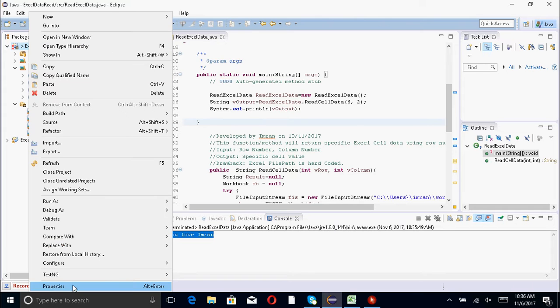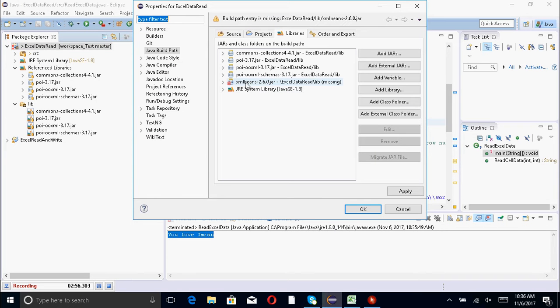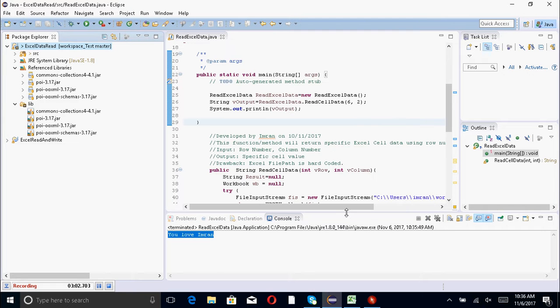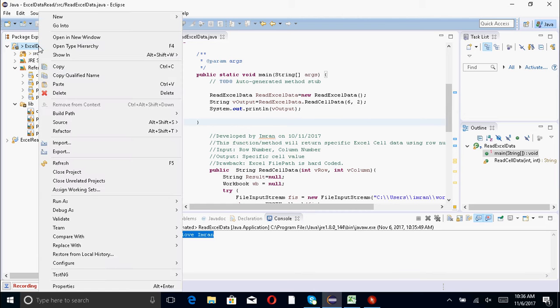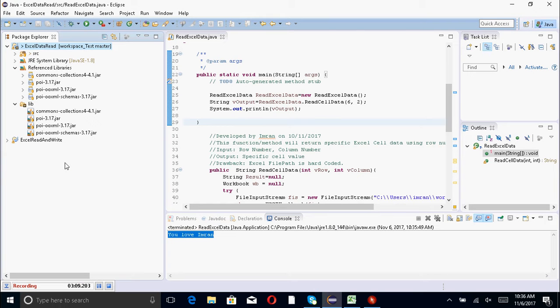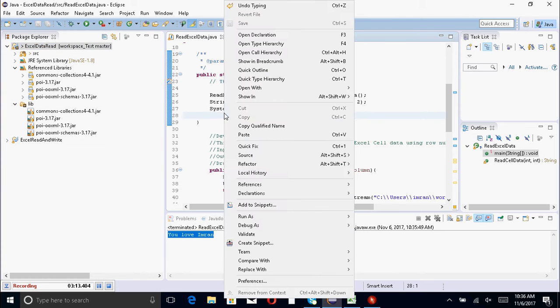So I will also remove it from the configuration. Remove, apply. Okay. Now I right click and refresh it. Now if I run it,